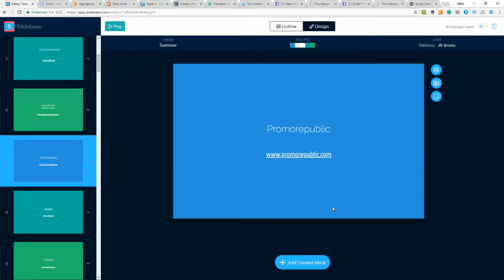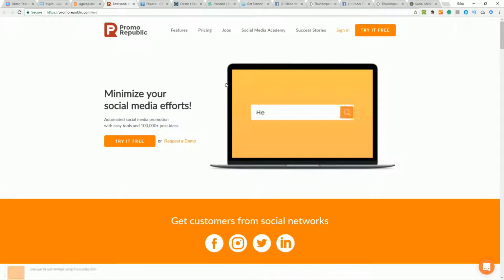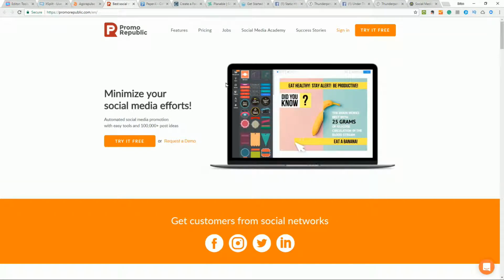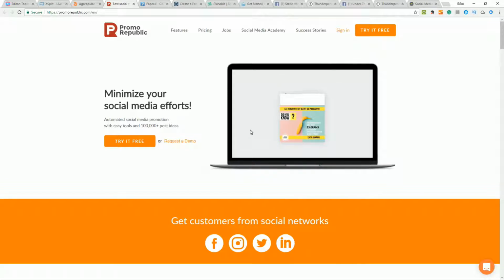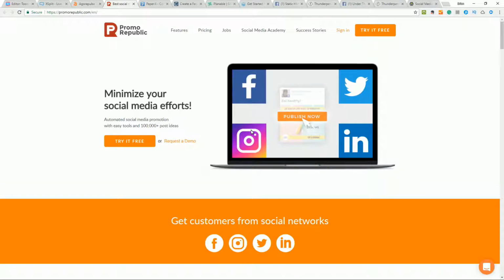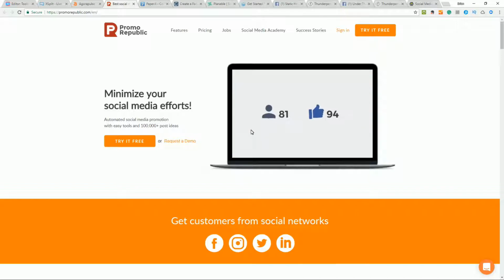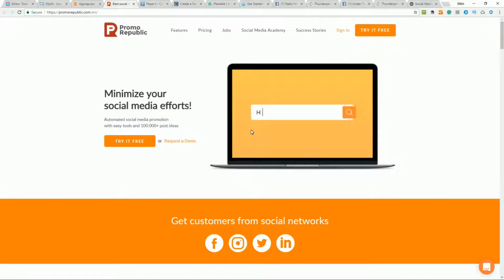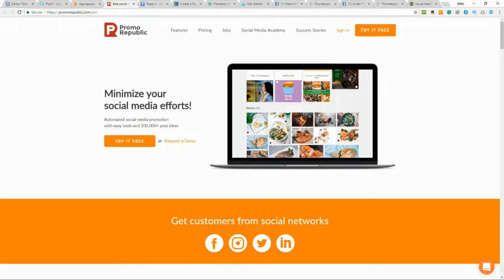Next one is Promo Republic. A lot of people don't know about Promo Republic, but it is a cool tool that lets you schedule social media posts, and it also lets you create different social media posts. It's got a pretty cool web editor in there that I like. I personally like it better than Canva. It's like the idea of Canva, but it's also a social media calendar, and they create actual different post ideas